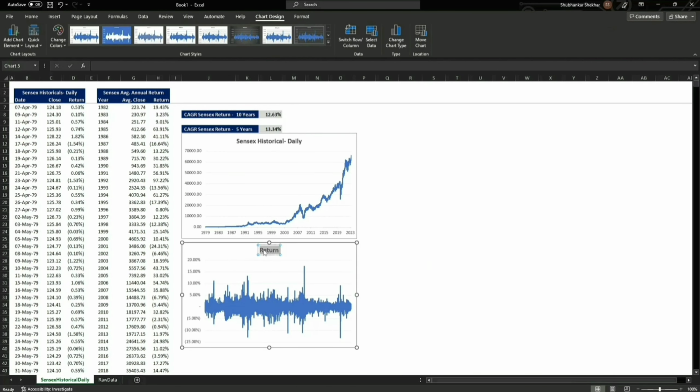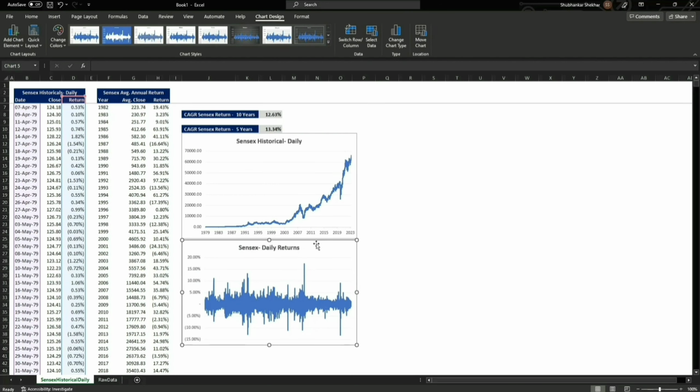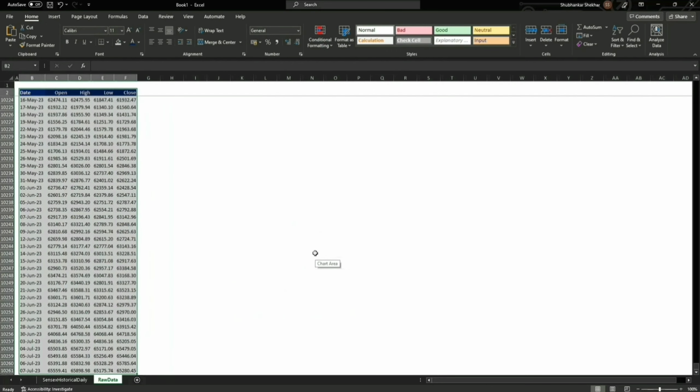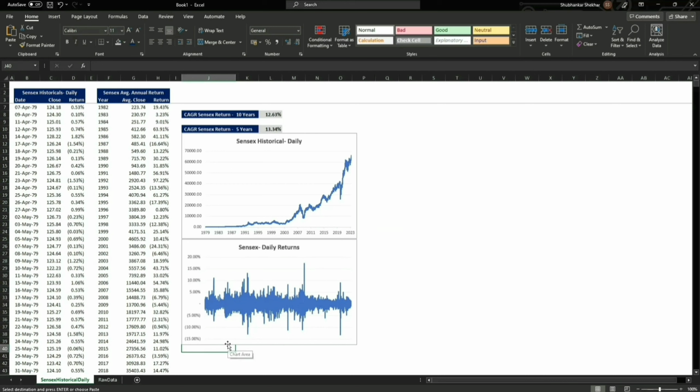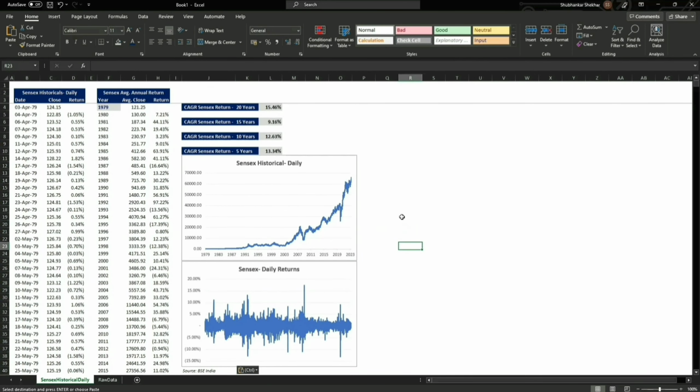We're going to rename this as Sensex daily returns, right? Okay, and then we are going to copy the source from here and paste it right here, right? So with this, our Sensex historical daily is complete.